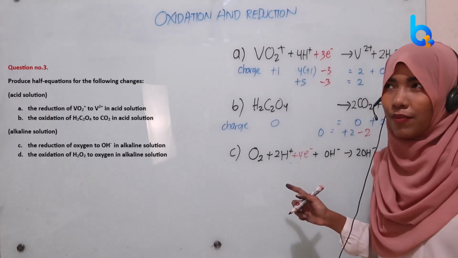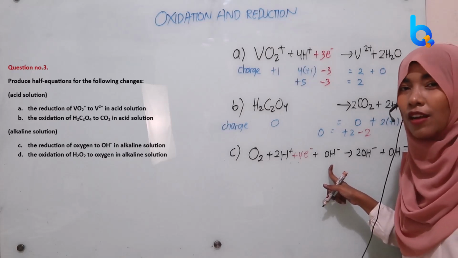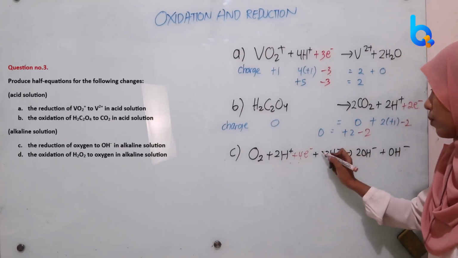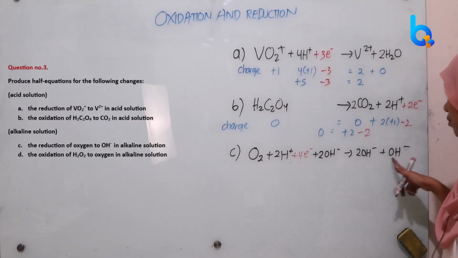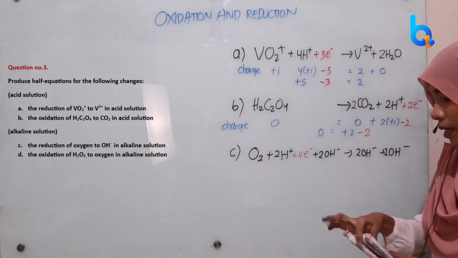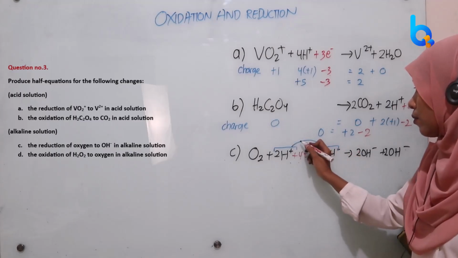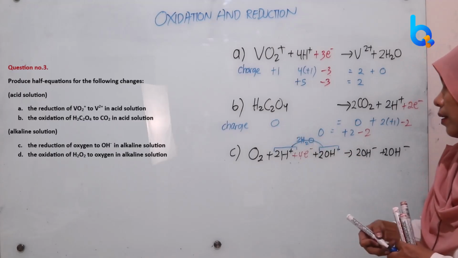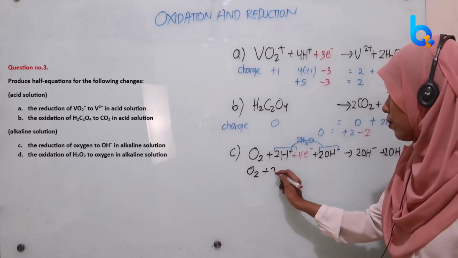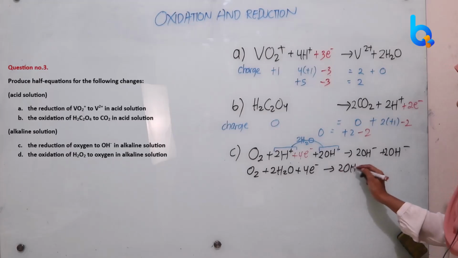Again, in step 6, we have to combine H plus and OH minus, so we need to have the same number of H plus and OH minus. Since we have 2 H plus here, we also need 2 OH minus. Because we add 2 OH minus here, we also need to add 2 OH minus here. If we combine the H plus and OH minus here, it will be 2H2O. So we can rewrite this equation: O2 plus 2H2O plus 4 electron becomes